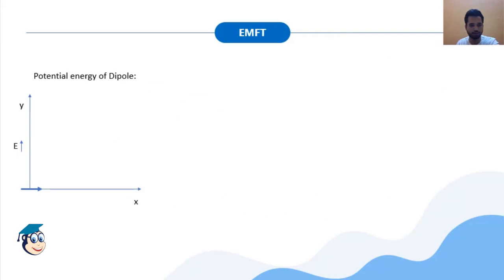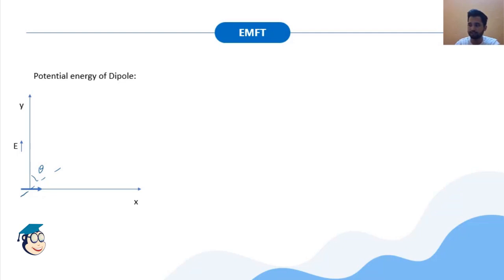Okay, so moving forward, now we are dealing with the potential energy of the dipole. What is the potential energy of a dipole? I have drawn the dipole here at the origin, and you have two axes, x and y, and the electric field is shown along the y axis. Now let's say your dipole was initially in a direction making an angle theta with the y axis, and you rotated this dipole to completely put the dipole in the x direction.